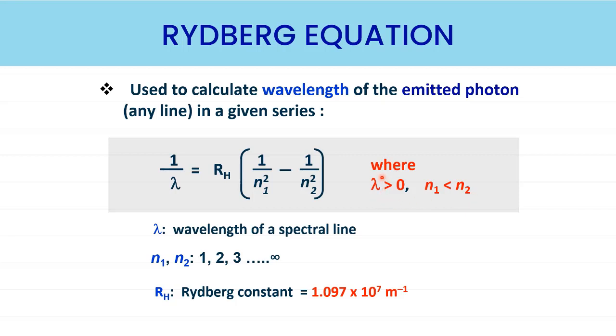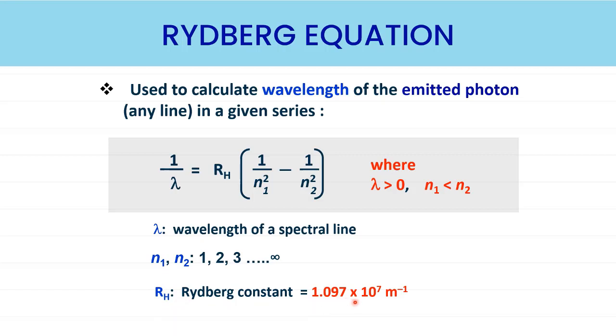Here we have this lambda. Lambda, we know, is just the distance between successive waves. So this distance must have a positive value. That's why the lambda that you're going to get must be a positive value, which is greater than 0. Therefore, for the n1 and n2 applied in here, n1 is not necessarily initial, but n1 must be less than n2. As for the RH constant, the Rydberg constant, we're going to use a different Rydberg constant,